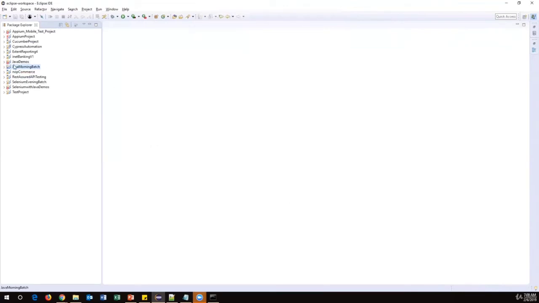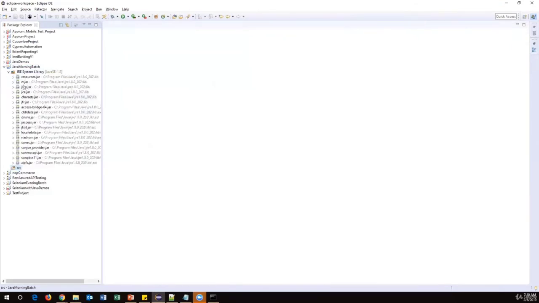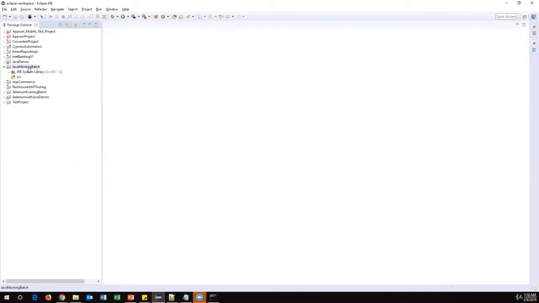It will automatically create a new project here. This is your project folder. When you expand it, you will see a few more things, like src, which is the root package, and the JRE System Library. Inside this project, we are going to write our Java code.